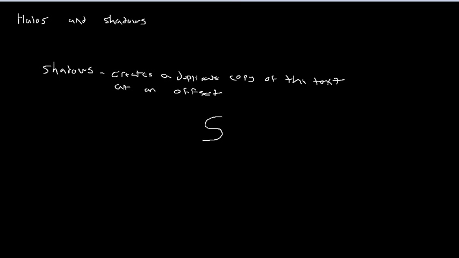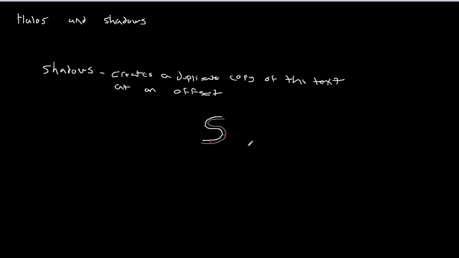I'm going to draw a shadow in gray. So what I mean when it says it duplicates the text at an offset is that we're going to draw the exact same letter S, but we're going to be slightly off the line work. It's going to look something like this. All right, so you can see this distance here, change colors. The distance between here and here and here and here, those are our offsets in the X and